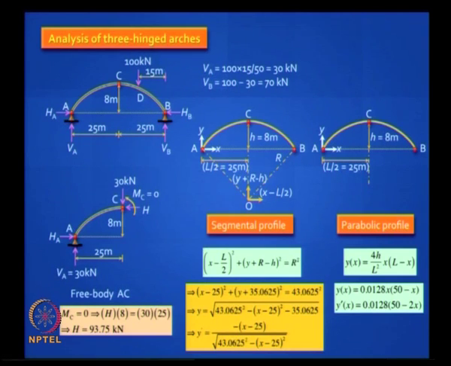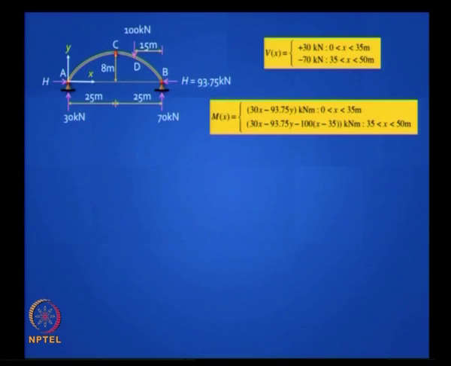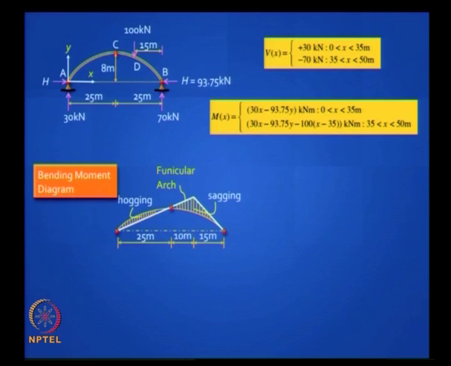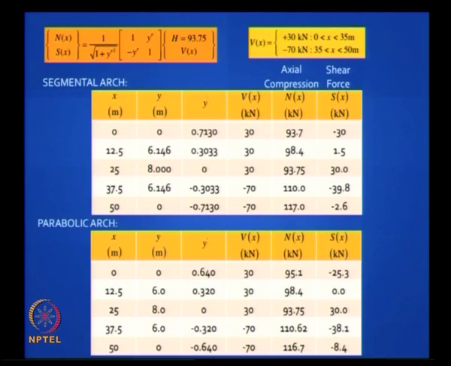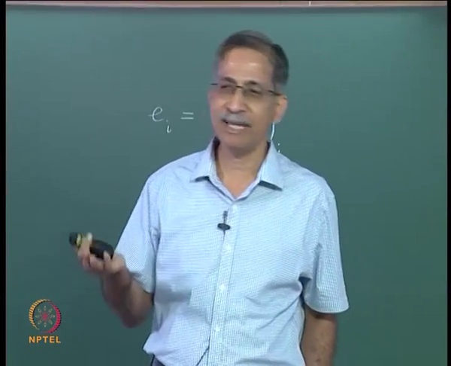We don't have time right now to solve a full example, but you've studied this and it's pretty easy to solve, and you can also invoke Eddy's theorem to draw the shape of the diagram. You can write the expressions for bending moment and shear force. They will look like this, and you can also calculate the axial force based on the shear force, based on the V and H, that is the vertical force and the horizontal thrust. So you will find that there is not too much difference between the segmental arch and the parabolic arch, because the shapes are more or less the same.